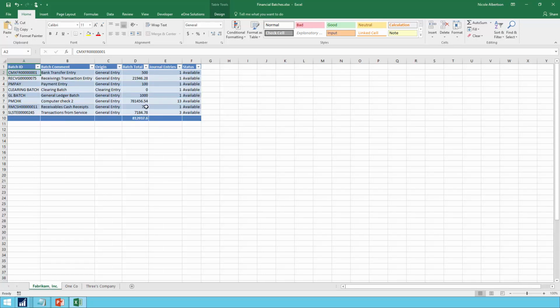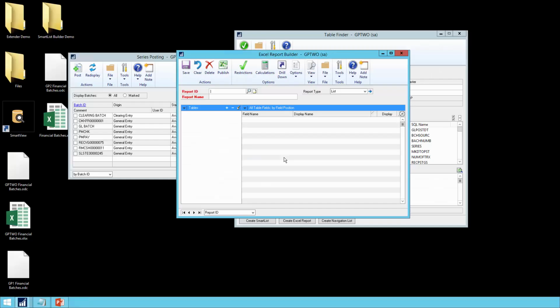But we have this data here, and now that we have what we want, we can again go format, we can do a pivot table, whatever we want to. That way you get one Excel spreadsheet and you can combine the data. You see it separately, but we can combine it in a report if we want to. So that is Excel Report Builder. I know it was really quick, but really 90% of the functionality is exactly the same as SmartList Builder.